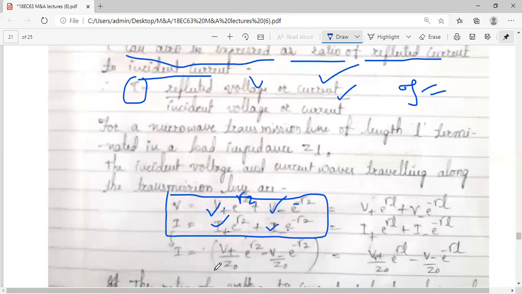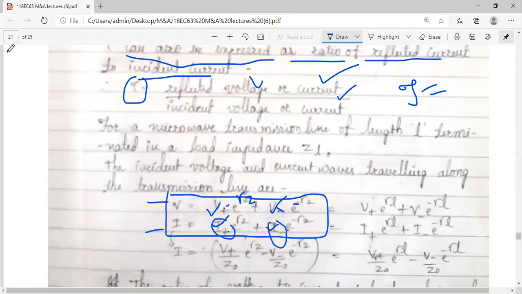Further, as we have only two equations, there are four unknowns, so we cannot solve these equations to find four unknowns. If there are two unknowns, two equations are enough. If you have three unknowns, you require three equations minimum, and here there are four unknowns, the constants V plus, V minus, I plus, I minus. We actually require four equations, but we have only the pair of equations V and I. So what we did, finally, we expressed I plus and I minus in the form of V plus and V minus.